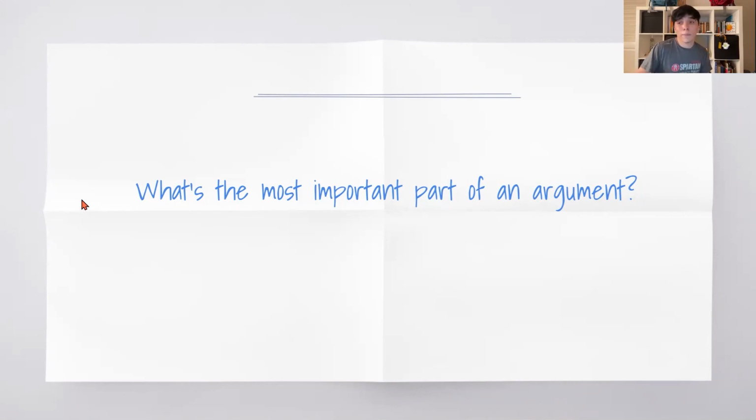But if you said the claim was the most important part, you might have said that people need to know what you stand for. If they don't know what you stand for and you're just spitting out random pieces of evidence that you can't connect anything to, then our whole argument's lost too. But yeah, those are just examples of what you could have written down in your notebook.